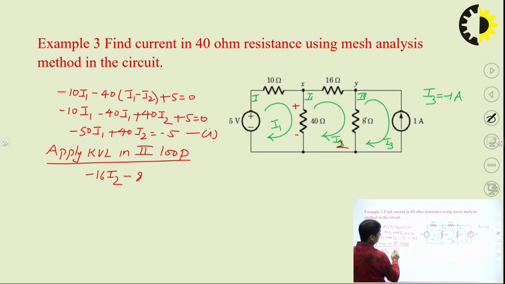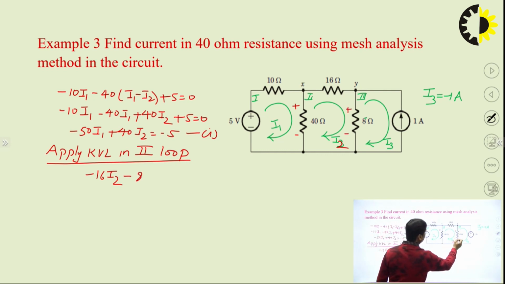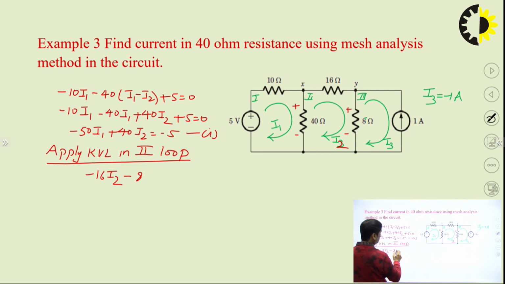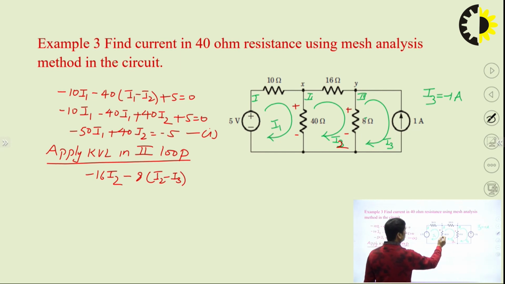Minus 8, this is 8 plus 2, minus 8, I2 minus I3. Then we come to this branch, this is plus, this is minus, because we are talking in terms of this loop. The loop is going in this direction, so this will be plus, this will be minus. Okay, so this is minus 40, the current is I2 minus I1